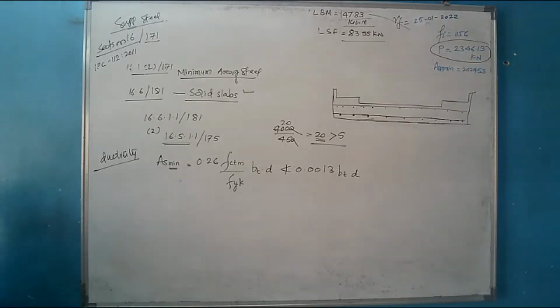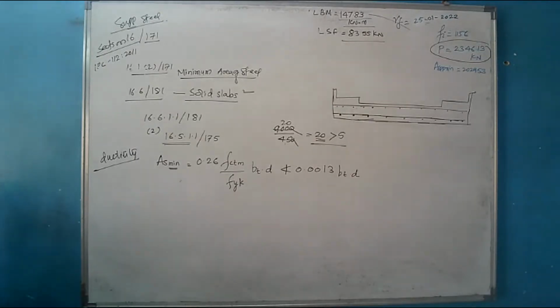In IRC 112 सब डिटेलिंग है, डिजाइन का डिटेलिंग, लिमिट्स, बाउंड्रीज क्या रहना चाहिए, such that it must be safe in ultimate limit state, it must be safe in serviceability limit state, it must be sufficiently ductile, right, and cracks वगैरह भी सब, all those must be within the limits. So from the ductility limit, this is the minimum area of steel to be provided, 0.26 fctm divided by fyk